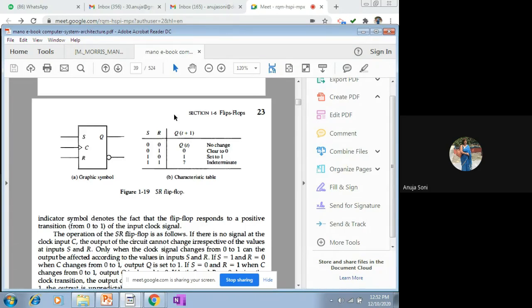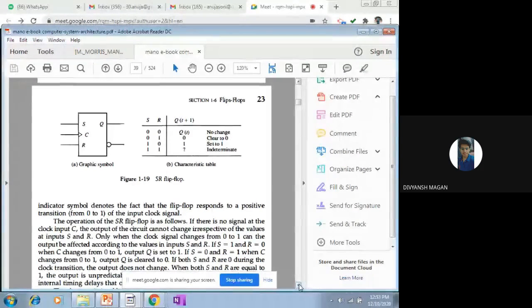सिमिलरली फॉर SR, अगर इसकी वैल्यू 1 1 है, तो नेक्स्ट आउटपुट की वैल्यू, जो टाइटल में लिखा है QT + 1, इसकी वैल्यू कैन नॉट बी डिटरमिन्ड, इट कैन नॉट बी फिक्स्ड, इट कैन नॉट बी डिराइव्ड। लेकिन उससे प्रीवियस वैल्यू तो 0 भी हो सकती थी और 1 भी हो सकती थी, इसलिए हमने एक्सपेंडेड टेबल के अंदर दोनों पॉसिबिलिटीज लिखी थी in order to better understand the concepts. Is that clear now? Should I proceed further? Yes मैम।